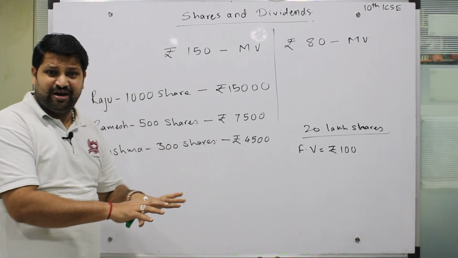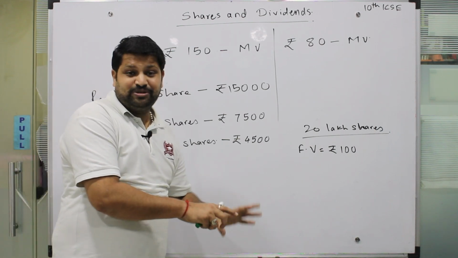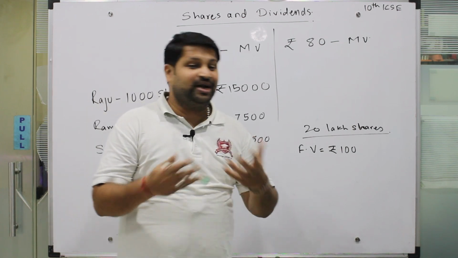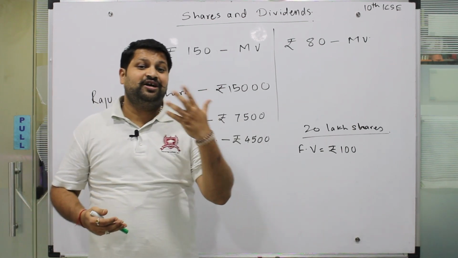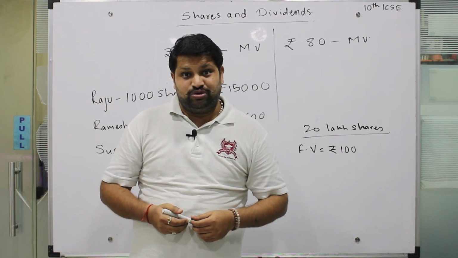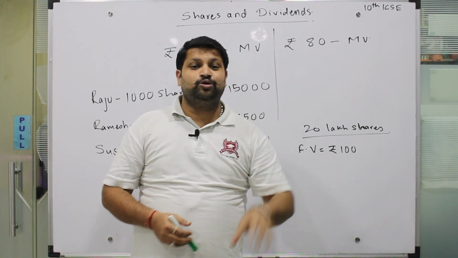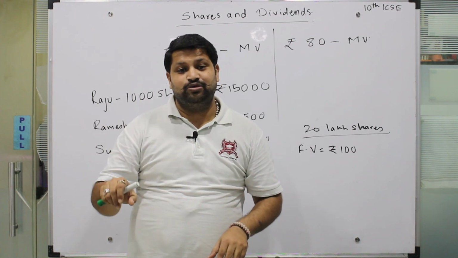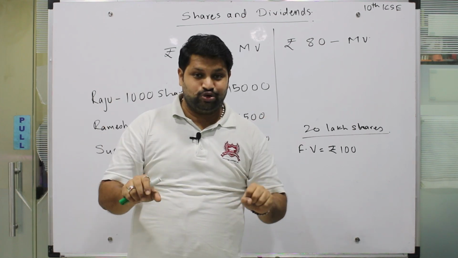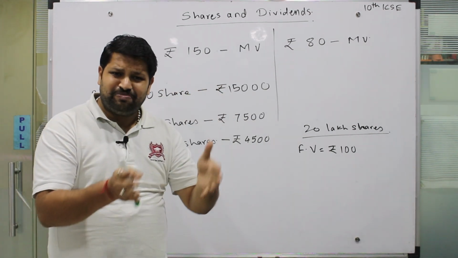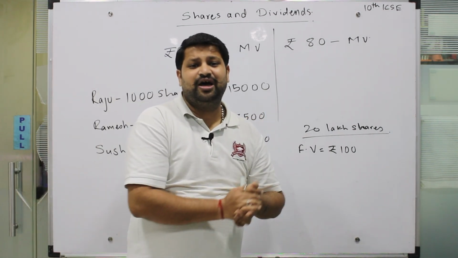we are solving these examples, particularly for 10th ICSE, because यहाँ पर बहुत ज़्यादा टाइम वो डायरेक्टली बोल देंगे the share is sold at 10% discount, या फिर the share is sold at so and so price and face value, the face value is so and so and the market value is so and so. By comparing them you should be able to figure out वो at par है, discounted है या फिर at premium